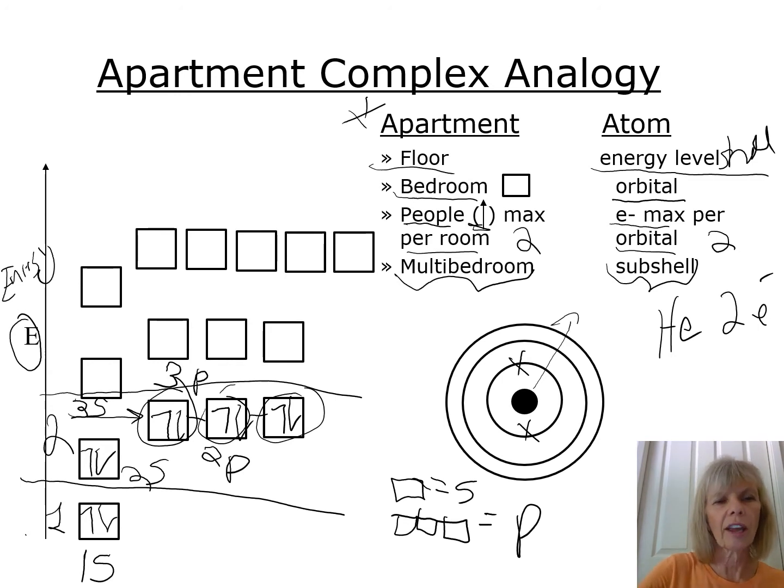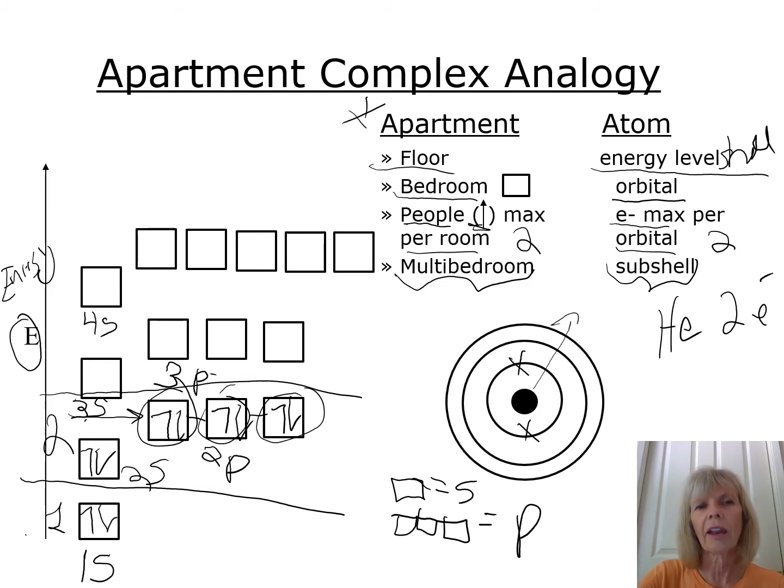The next one, as we're kind of seeing a pattern here, we go 1s, then 2s, 2p, 3s, 3p. Now we come to 4s. So 4s, we could put 2 electrons there. It's a 1-bedroom apartment. So anytime they're by themselves, that's an s,